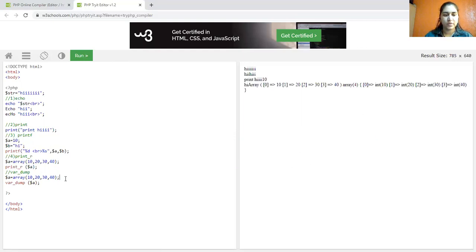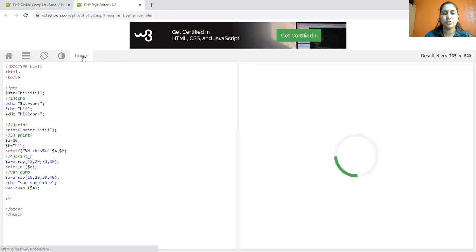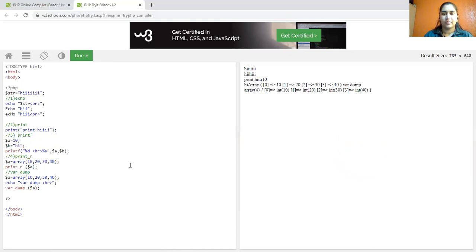I'll use one break statement here: echo, then var_dump, and then br, so you can see the exact output of the var_dump function.